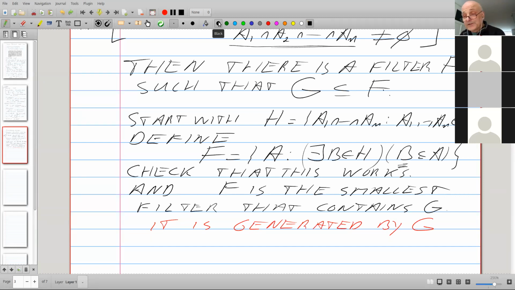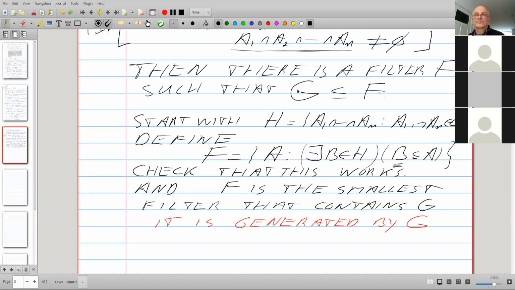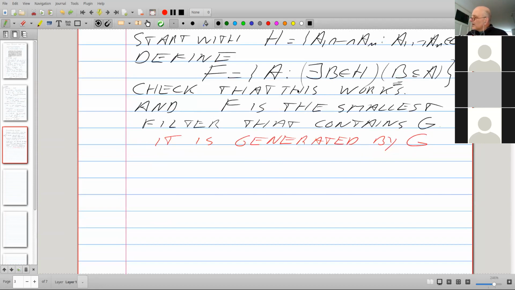Many filters can be constructed in this way. You find a clever way to come up with a family with the finite intersection property, and then there is a filter that you create from it. Okay.